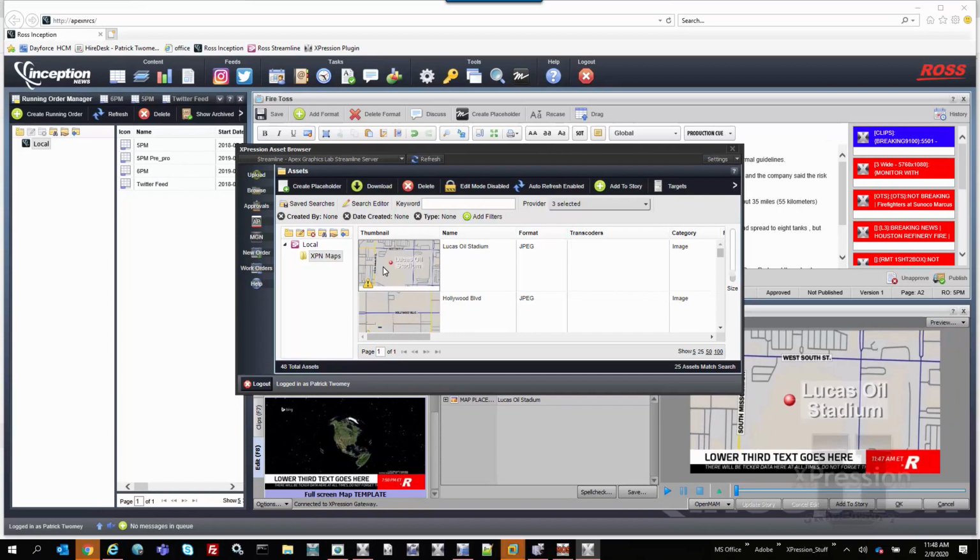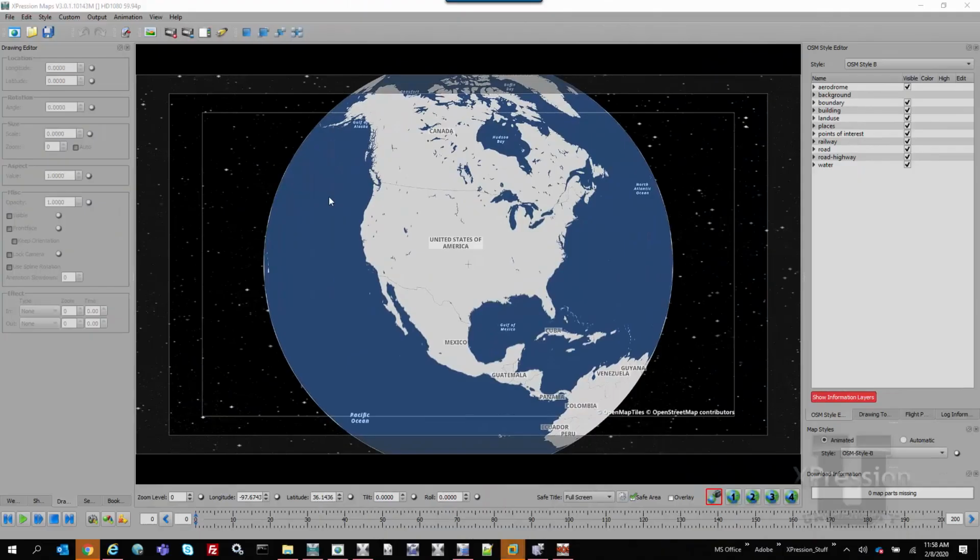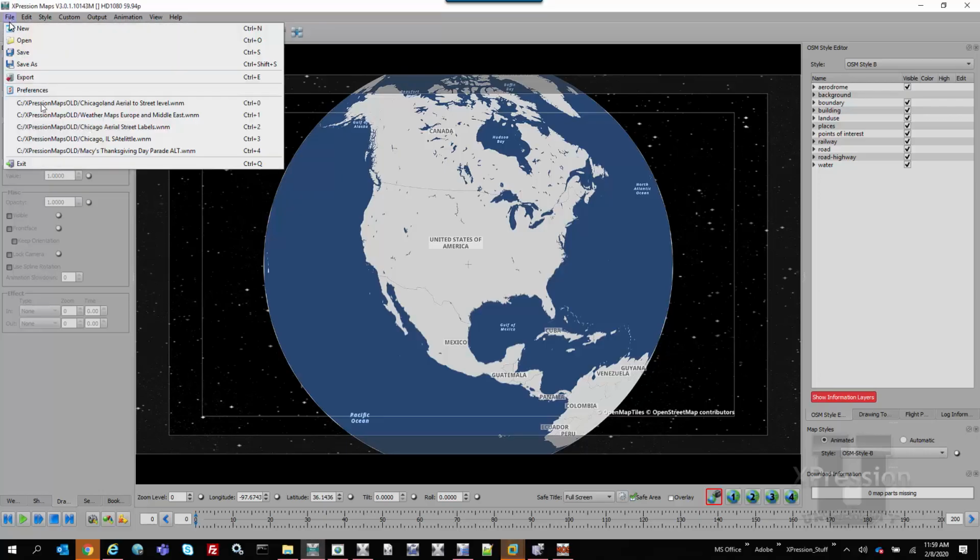So first, let's go set that up so we can see how this works on the XPression Maps side. And after that, we'll go see how we set this up on the Streamline side. Okay, we're on the XPression Maps server now, and we've asked our newsroom not to make any maps for a little bit, so that we don't get disconnected otherwise. I'm going to go up to File, Preferences,